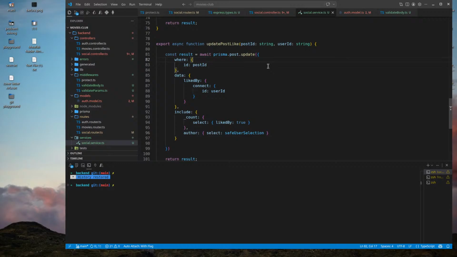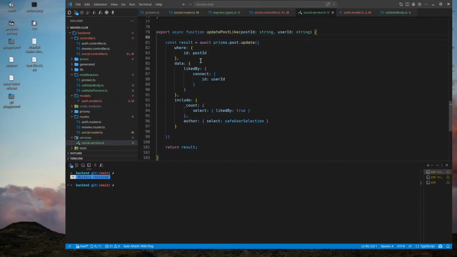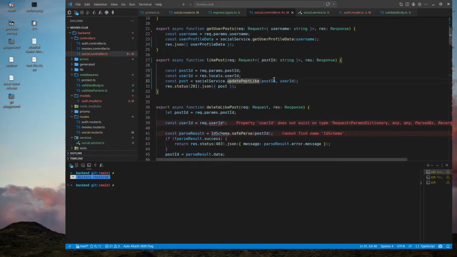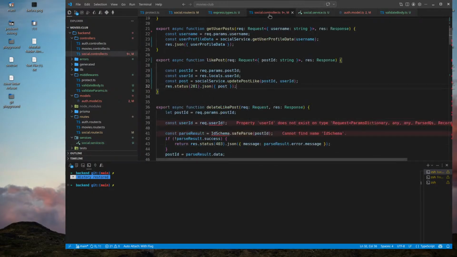So I will have to test this and see what it is going to throw. I'll check it later, not now. But anyway, it's going to throw. So I will return the result here and I'll check.